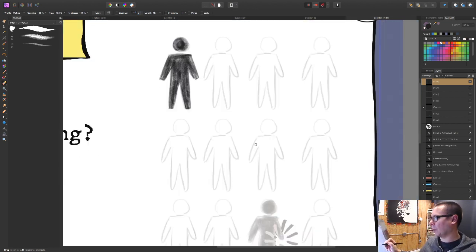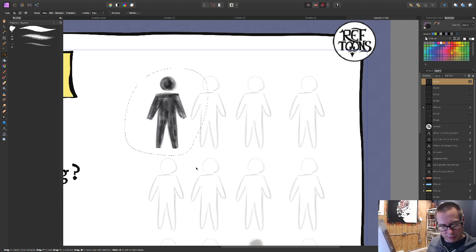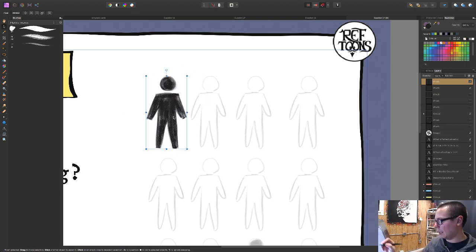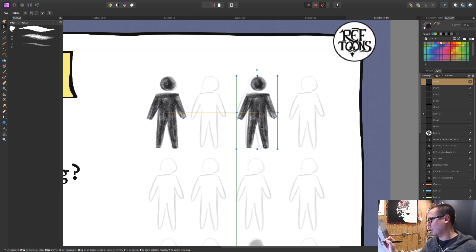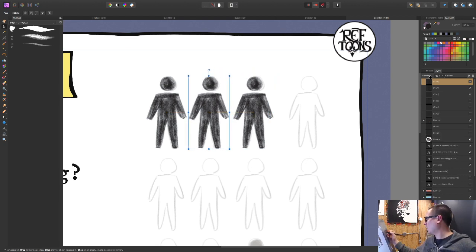And I think that's going to work better for this one. So I'm going to create male, and then that way I can actually just go a little quicker with these too. And then I'll do a female one here.